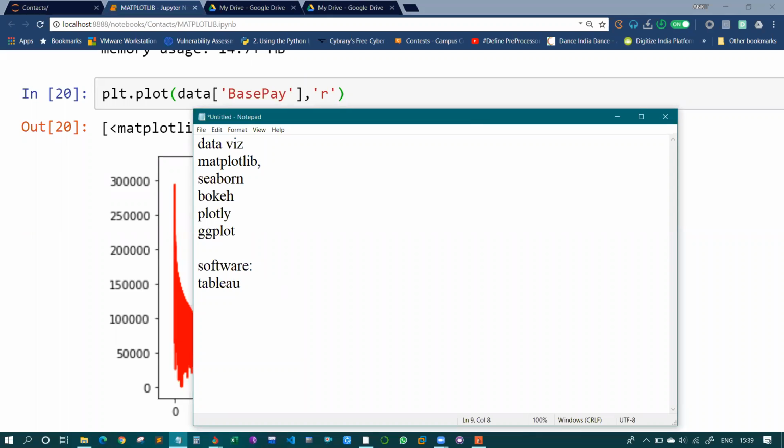Either you must know Tableau, or you must have an idea of Google Data Studio, or another is from Microsoft, that is Microsoft Power BI. So these are the three softwares. Not this one, this one is not a software actually. Let me show you.